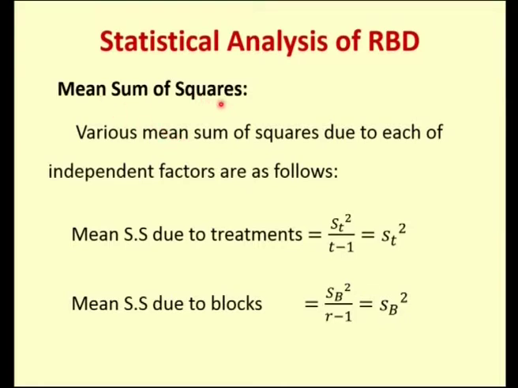Next, mean sum of squares. The various mean sum of squares due to each of the independent factors are obtained by dividing the sum of squares by its respective degrees of freedom. For example, here the mean sum of squares due to treatments is obtained by dividing the treatment sum of squares by its respective degrees of freedom, that is t minus 1, which is denoted by small s_t the whole squared. Similarly, we can obtain the mean sum of squares due to blocks,